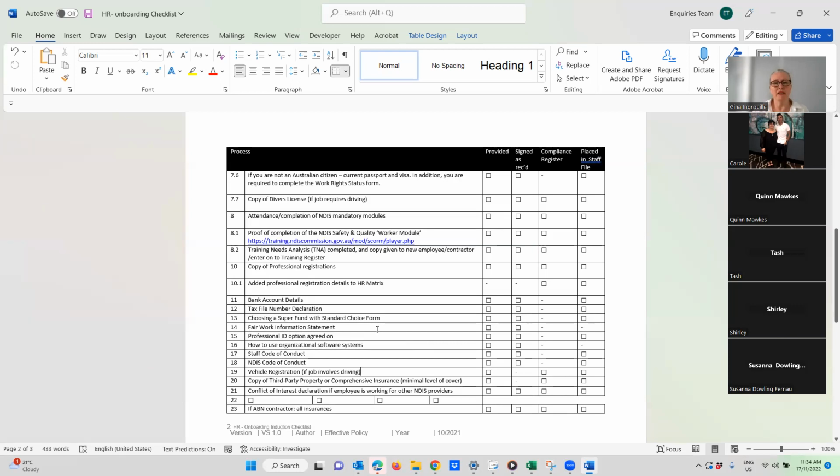Professional ID, so there needs to be an ID of some kind. The standards very clearly say, in the safe environment standard, that your clients can identify your staff as being your staff, and it's not a T-shirt. It has to be a photo ID of some kind. So however you want to make sure that happens, we'll be asking about photo IDs as well.